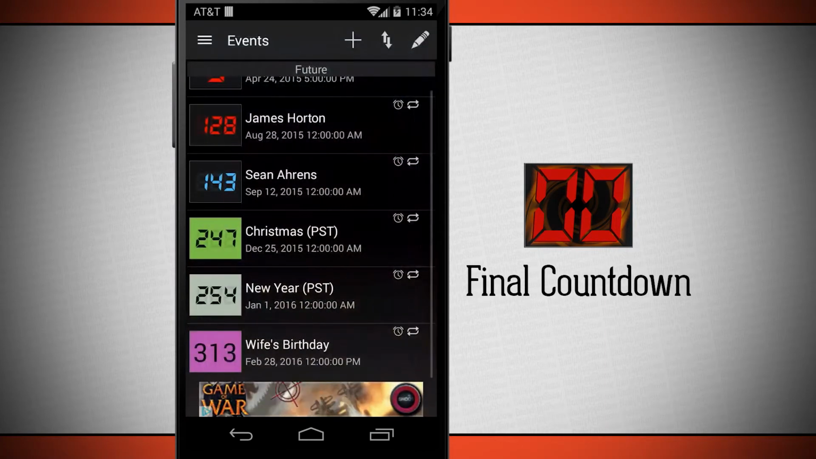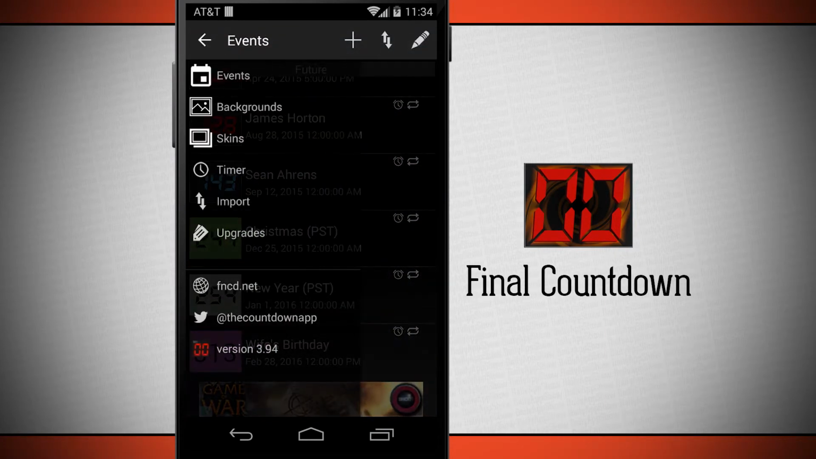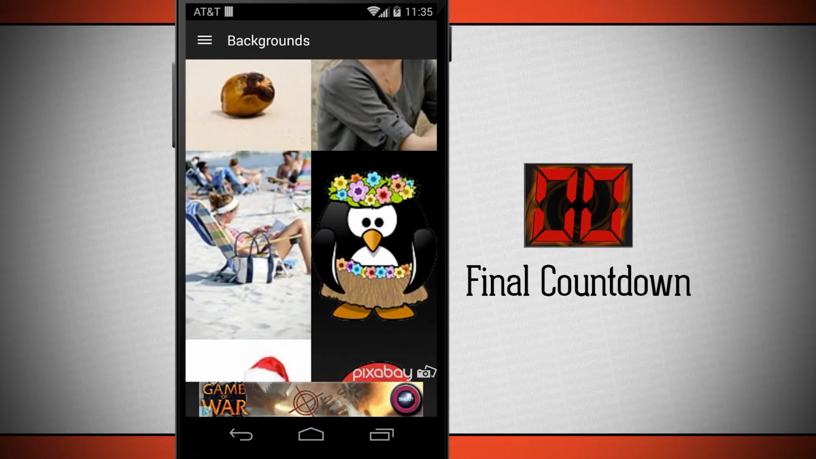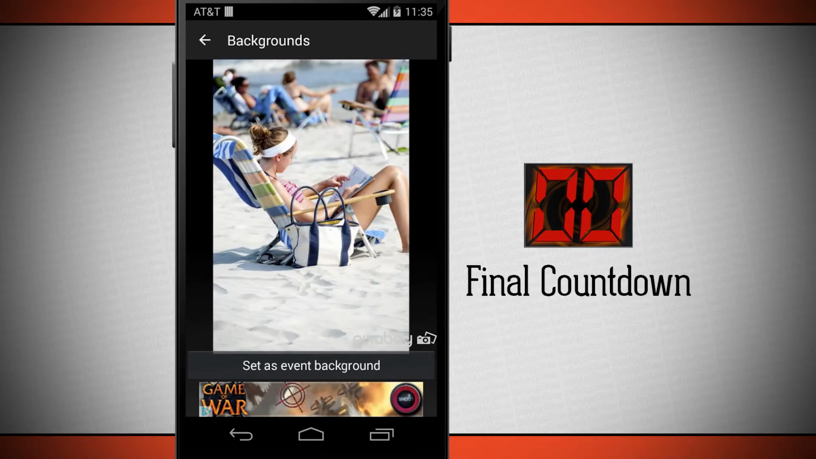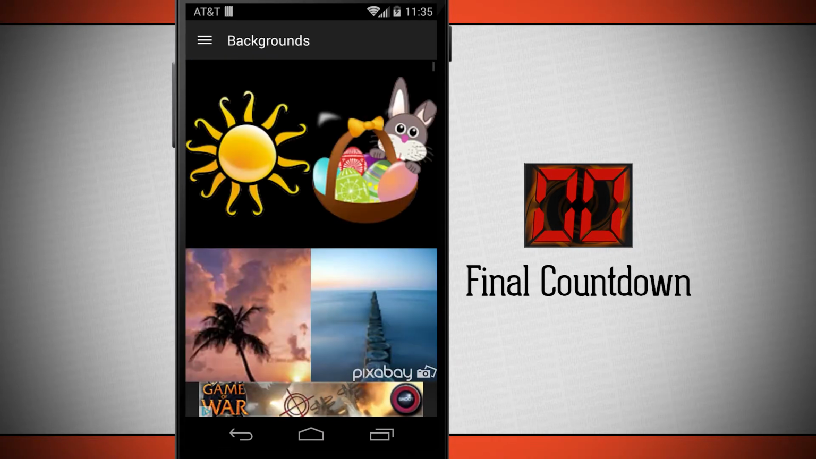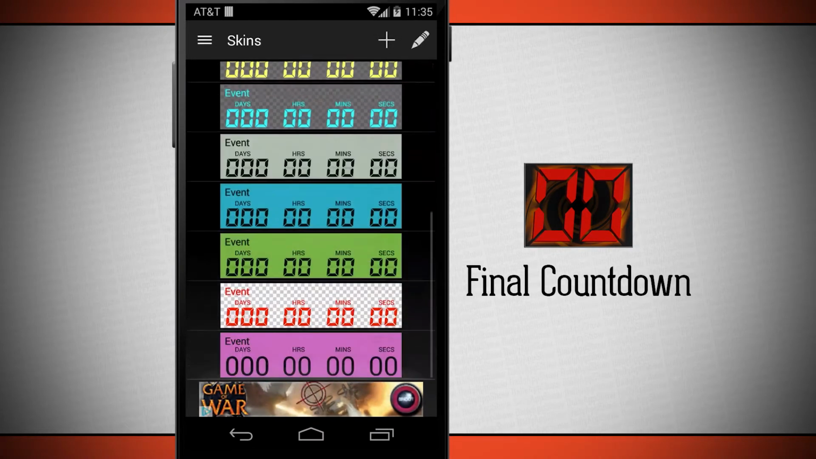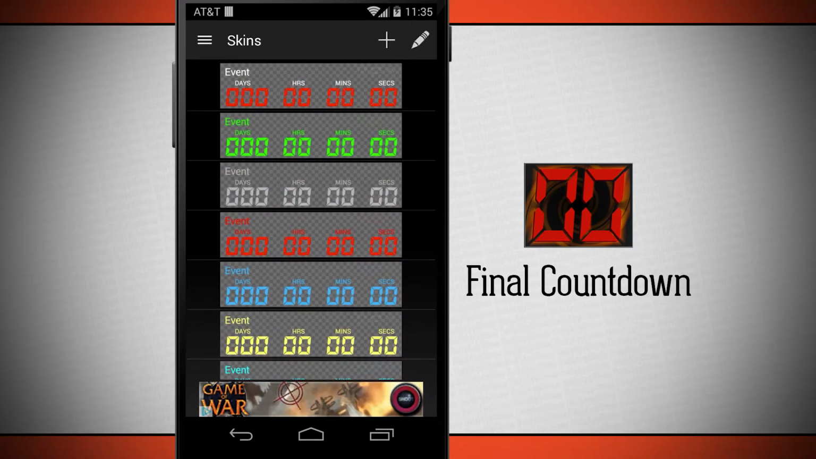Now come back out to the main menu. We can also open up this sidebar here. So I have backgrounds where I can change my default background. So if I wanted to change the default background, let me say I wanted to set up for this one, I'll tap on that and it's going to set the event background for my default one. Come back out and I can do the same thing with the skin. I can go and set up my own custom skins and make that the default one whenever I create a